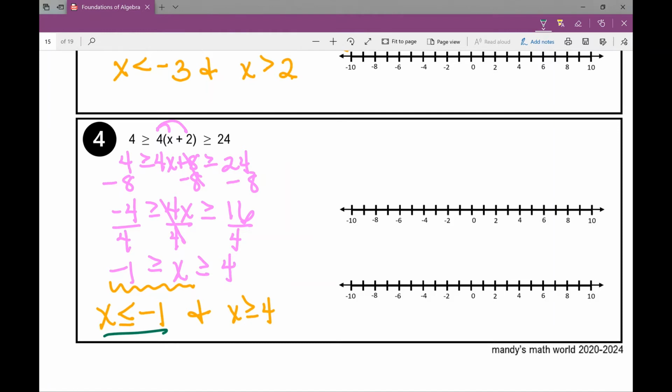So x is less than or equal to, oh wait a second, did I do that right? I sure did. x is less than or equal to